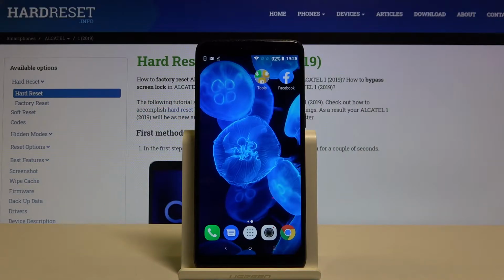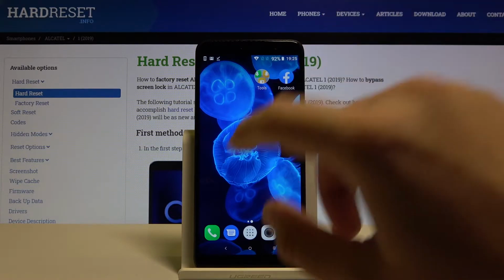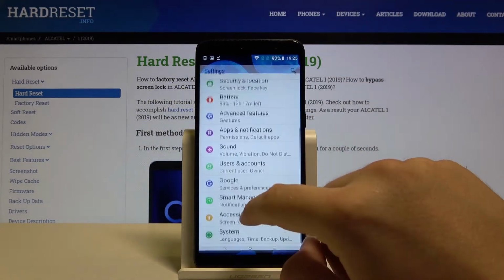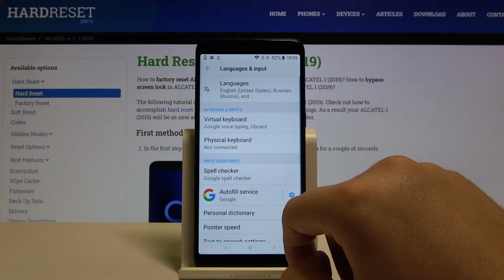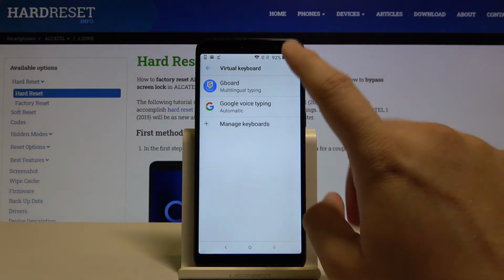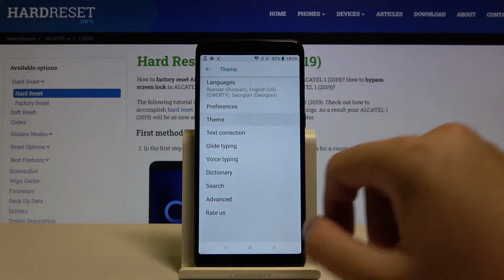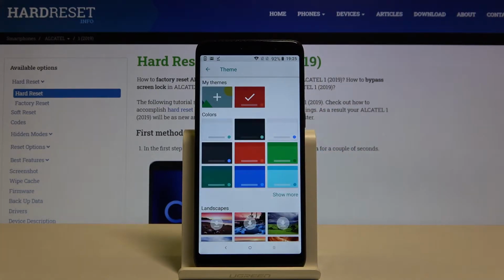Welcome. If you want to customize the keyboard theme on your Alcatel One 2019, first you have to go to the settings. Now scroll down and enter System, tap on Languages & input, go to the virtual keyboard and select Gboard. Now we have to enter Theme, and here we have to select My themes